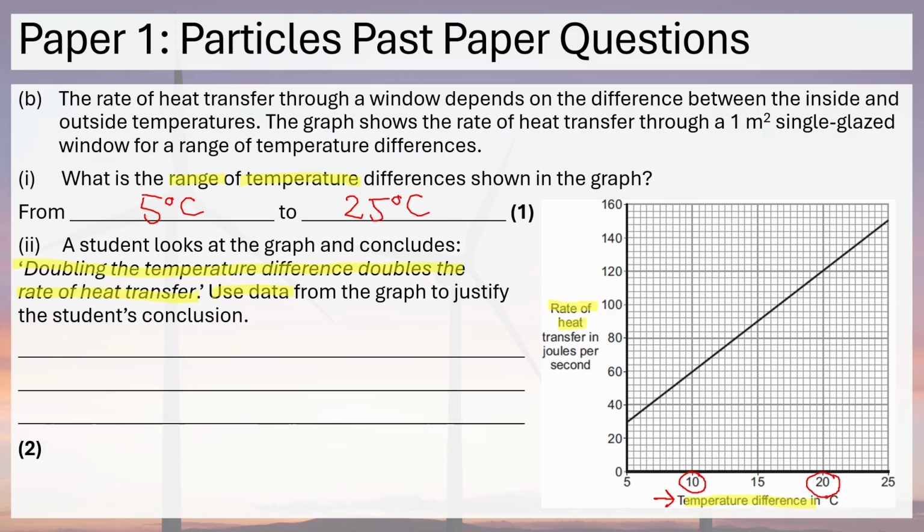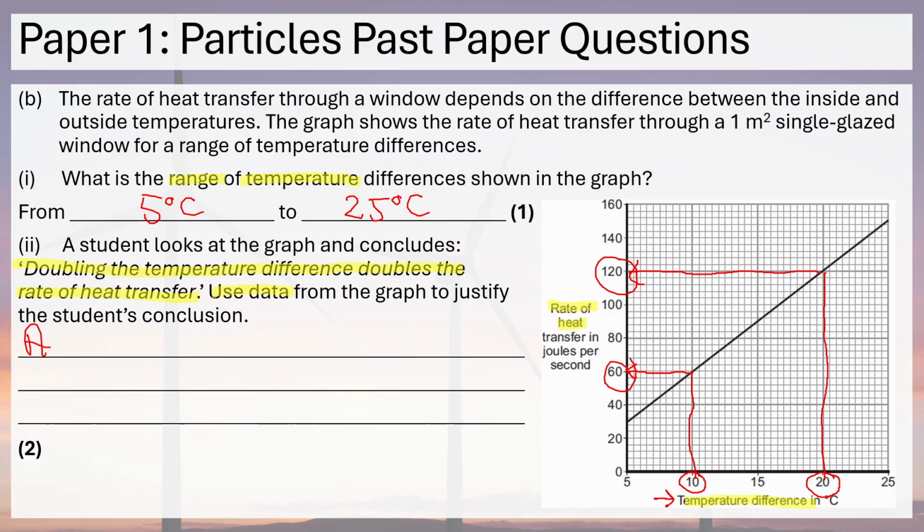If I read off the rate of heat transfer in each case, and again it's really worth showing this when you're writing on your exam paper so the examiner can really clearly see your thought process. You'll find it easier because you'll have a pencil and ruler, not an electronic pen, so you'll get a much better straight line than I will. But you can see that the heat energy transfer goes from 60 to 120, so it clearly doubles. So it's worth putting it on the graph because the examiner can see you're working, but then state